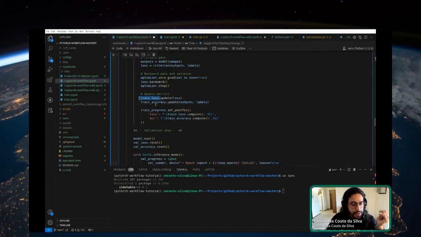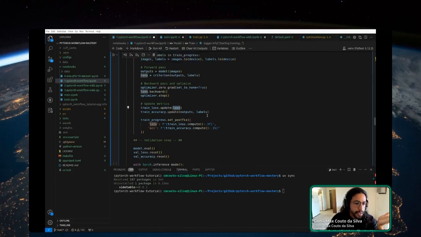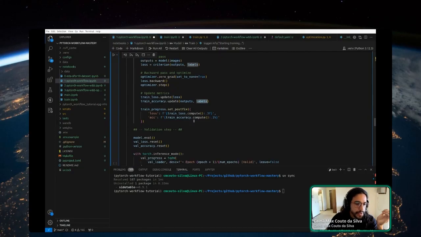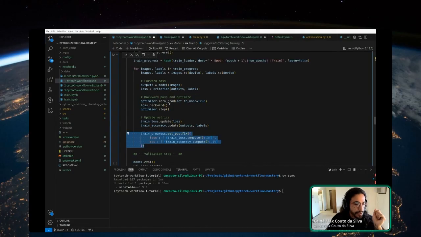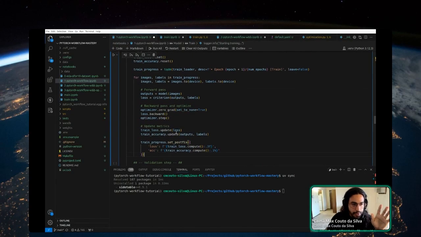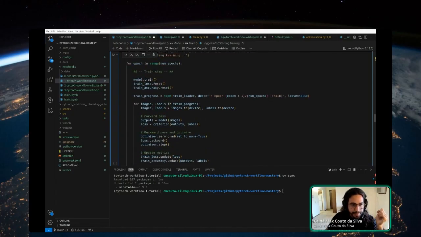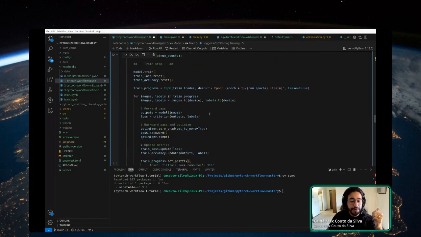So you use the loss and accuracy here, and you can update both of them. We update the loss with the loss we already computed here, and we update the accuracy by passing the predictions and labels. This is only for the training progress bar, so it can show the results for us. That's one go, that's the training step. Usually you have this separate in a function,